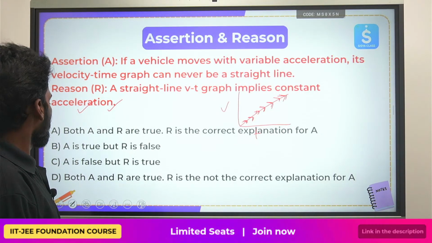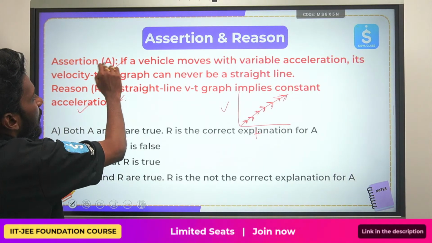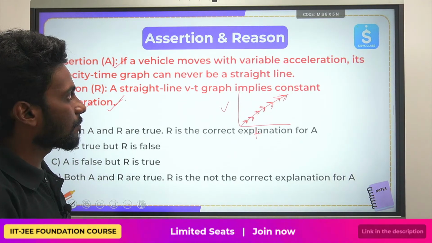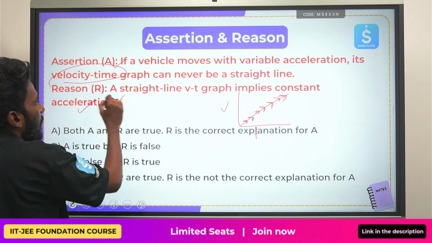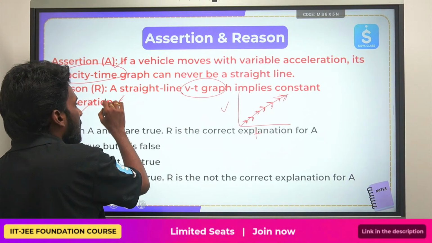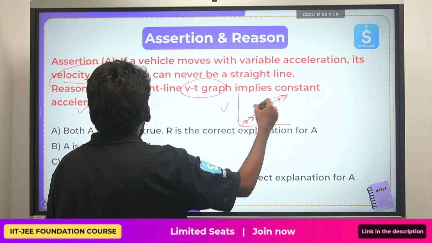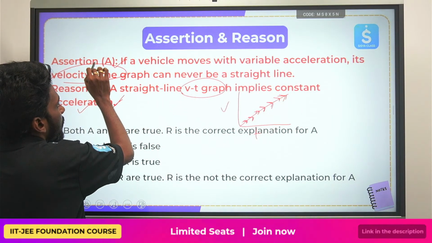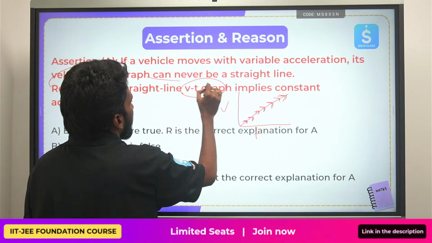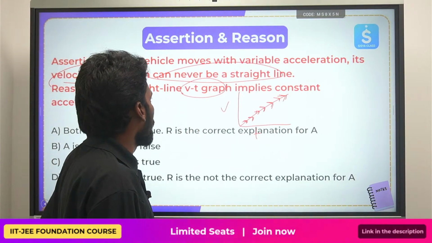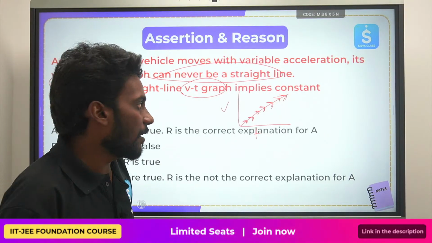So if I check, the reason is true, the assertion is also true, and do you think the reason is correctly explaining the assertion there? Reason is correctly explaining the assertion. So here also it is a velocity time graph. In the reason you have been given that in a velocity time graph, if it is a straight line, it is constant acceleration, and the assertion is talking about variable acceleration, saying it can never be a straight line, right? So they both are supporting each other, right? So the reason is giving enough support for the given assertion,